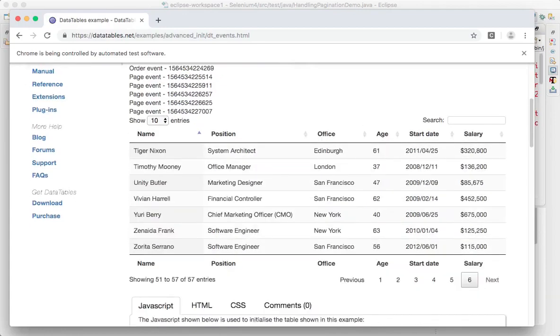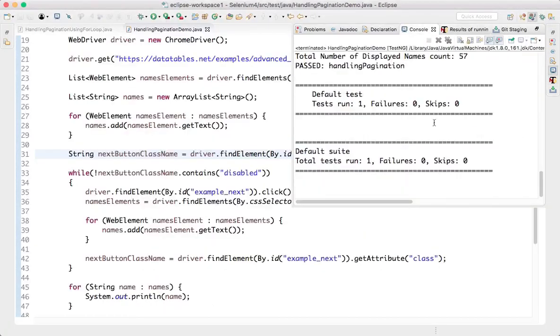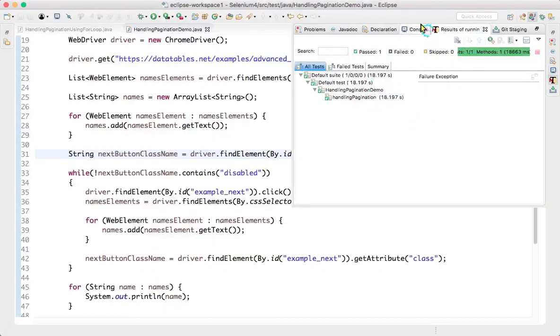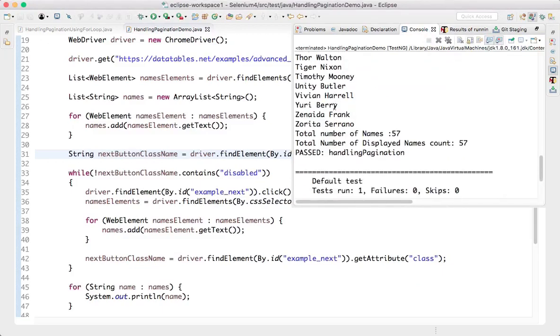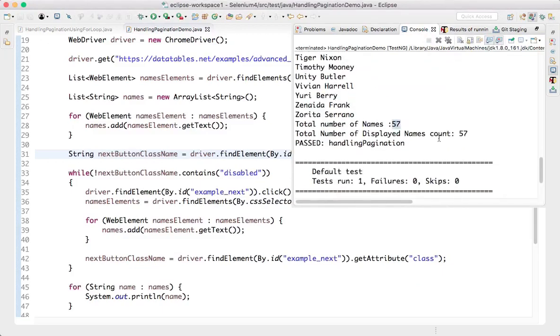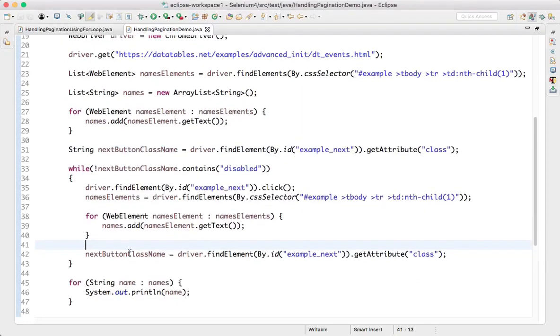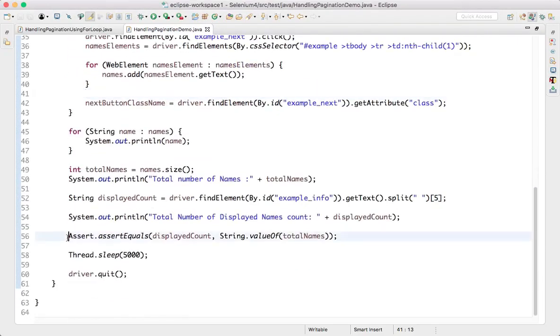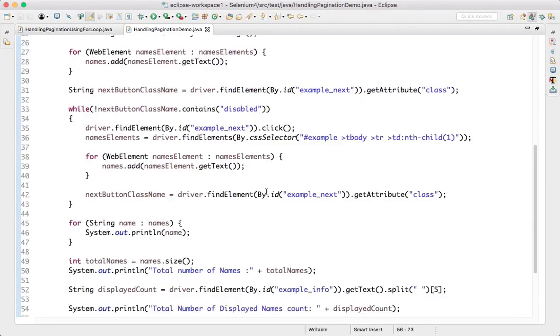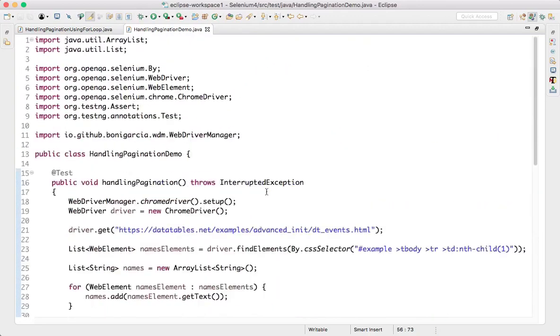It keeps clicking on the next button. So it's done. Wait for 5 seconds and then close the browser, and you see that there are no failures, and you see that it captured all the names, 57, 57. Assertion is passed. That is the reason there are no failures. So it is working fine, perfectly it is working.